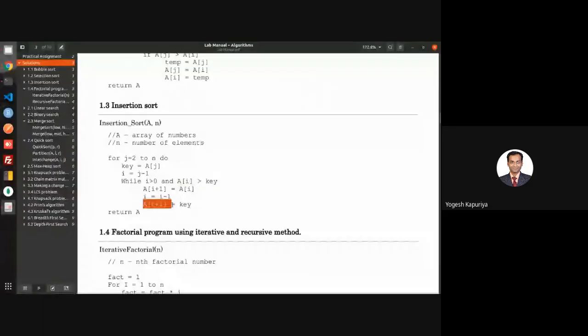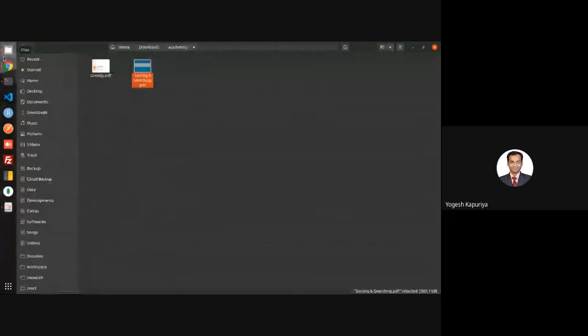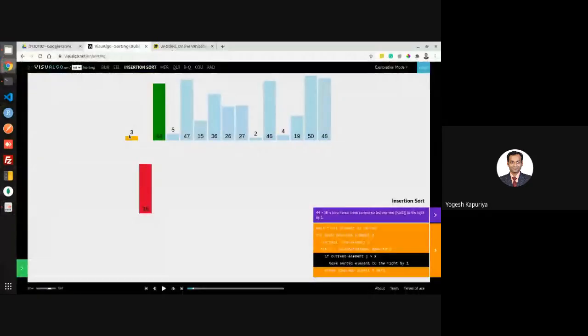Again, this is a mistake. This statement should not be inside the loop, it is outside the while loop. So this is over. Now what you will do is a of i plus 1 is equal to key. So a of i is this, a of i plus 1 is this, is equal to key.